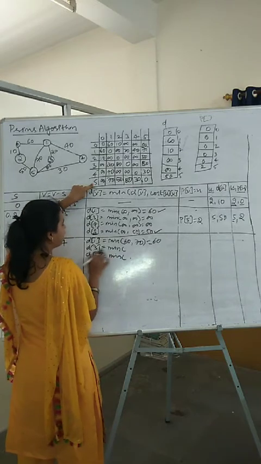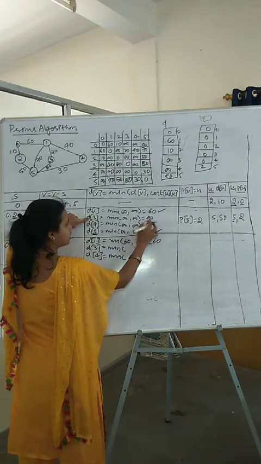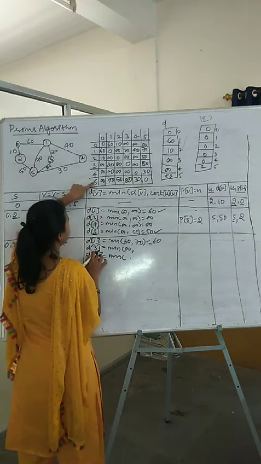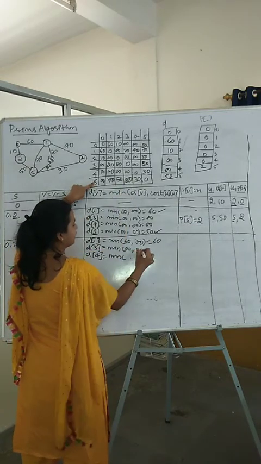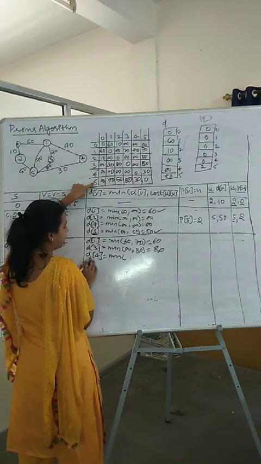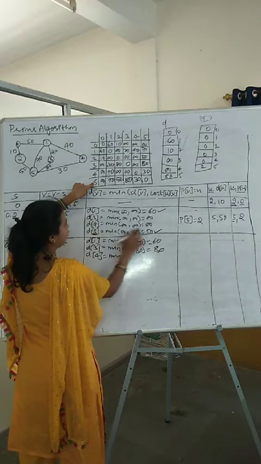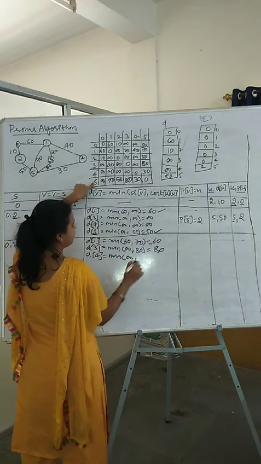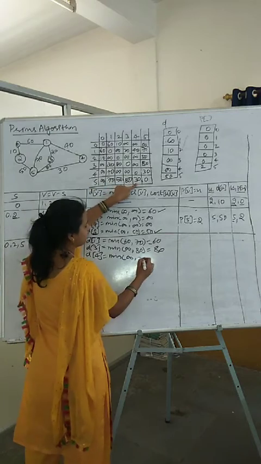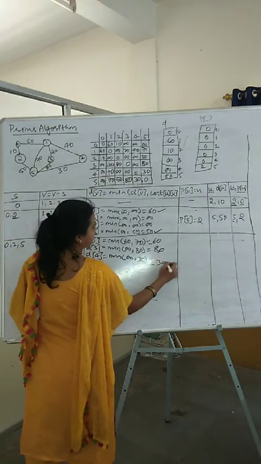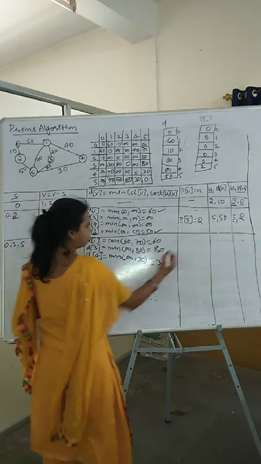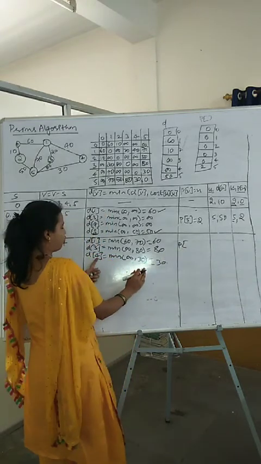Okay. Next, minimum of d of 3. What is d of 3? We have got infinity only. Cost of u is 5. 5 comma 3. It is 80. What is the minimum here? Infinity and 80, 80 is the minimum. Next, d of 4. What is d of 4 I have got? It is still infinity only. Next, cost of u. u is 5. 5 comma 4 is 30 here. So 30 is the minimum. Now all are non-infinity terms. Which is the minimum? This one is the minimum. So it is d of, what is the index?